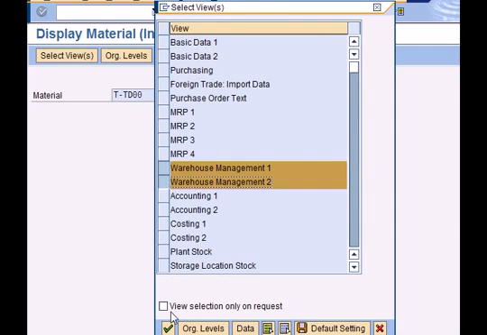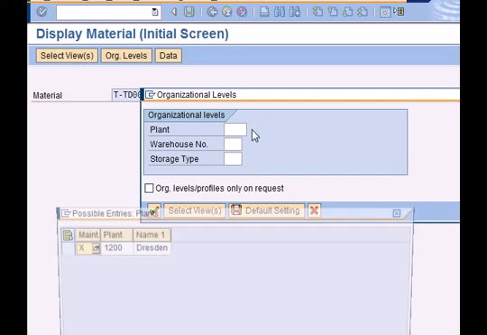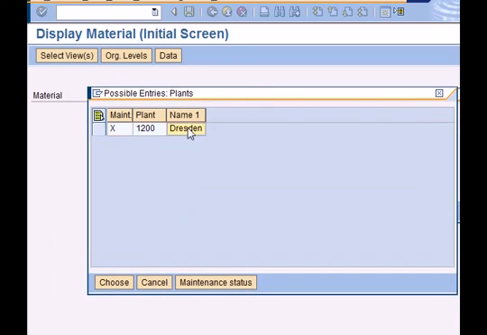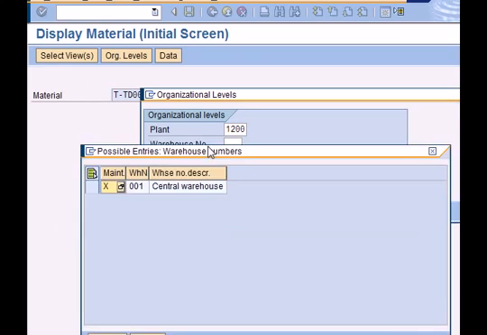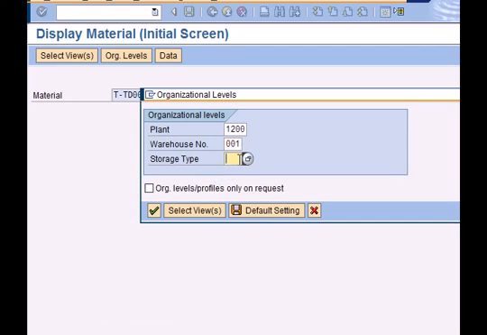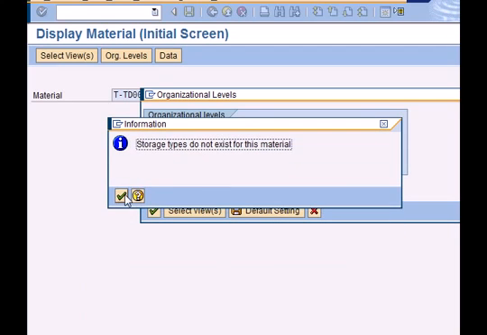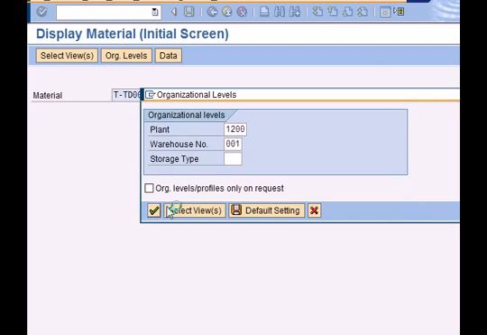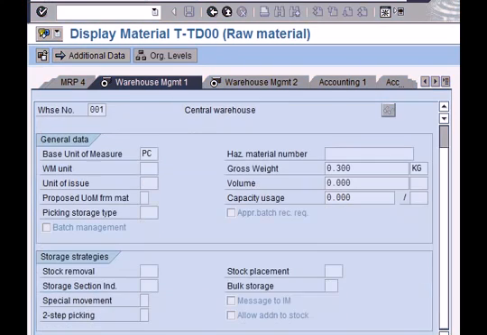So I've got my views here, and those are the views I'm interested in. This material is defined for plant 1200, warehouse 001. Storage type is optional. You can maintain or not maintain it. For this material it is not maintained,